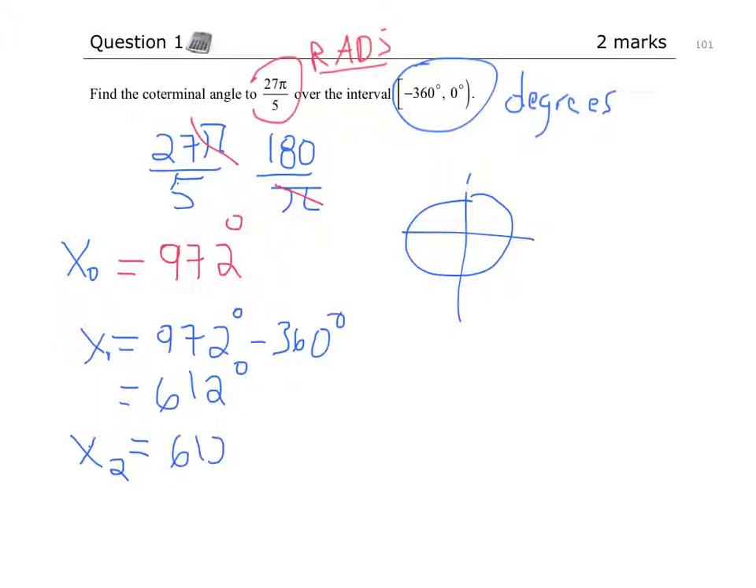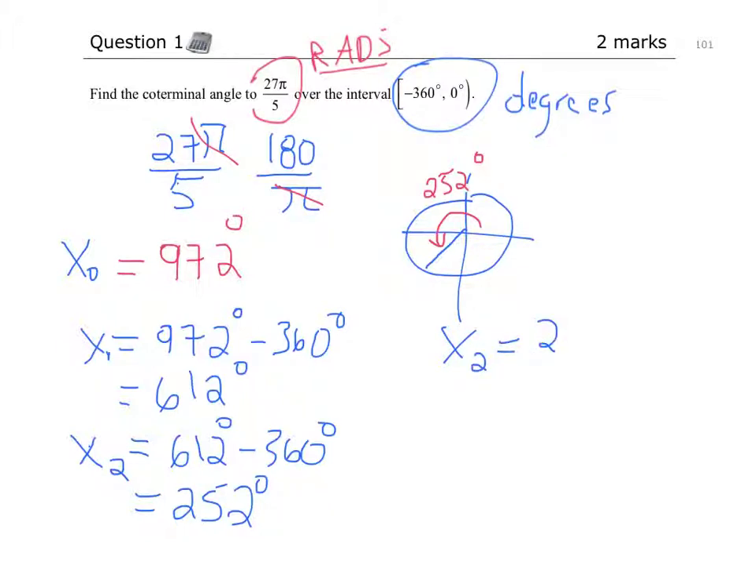So 612 subtract 360. A lot of questions ask for this one, where they want it between 0 and 360. So that's 252. Now I've got 252 degrees. I could actually picture this in the unit circle. 252 degrees in the unit circle would be this way. If I subtract 360 one more time,